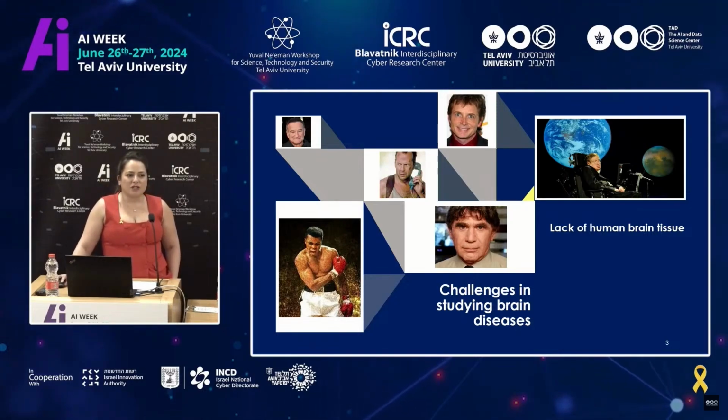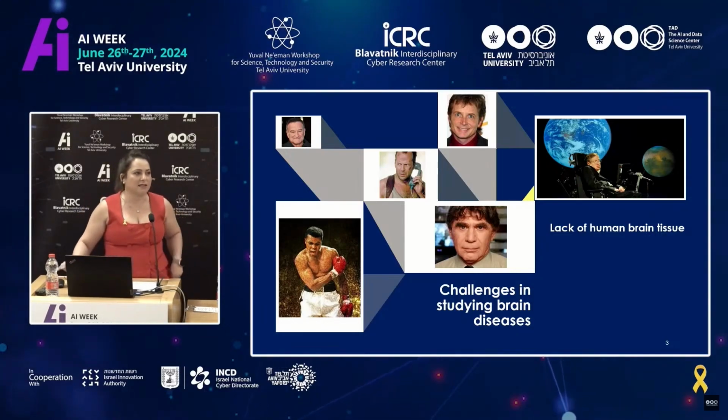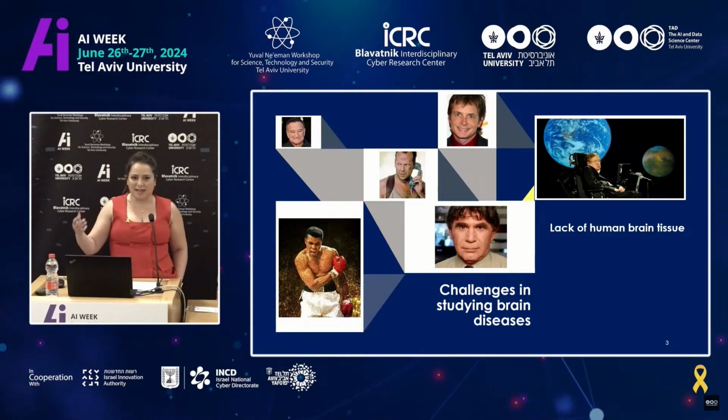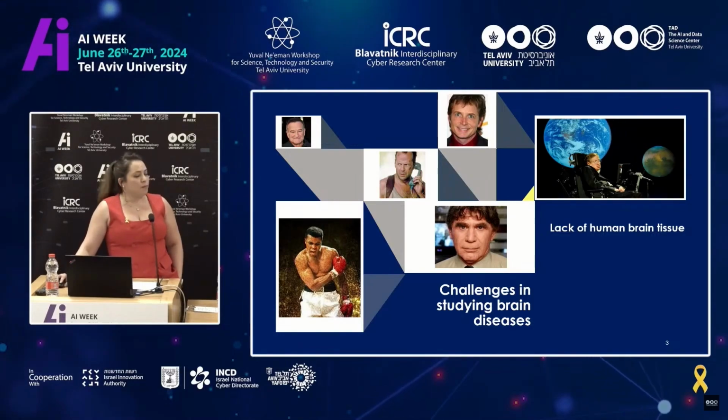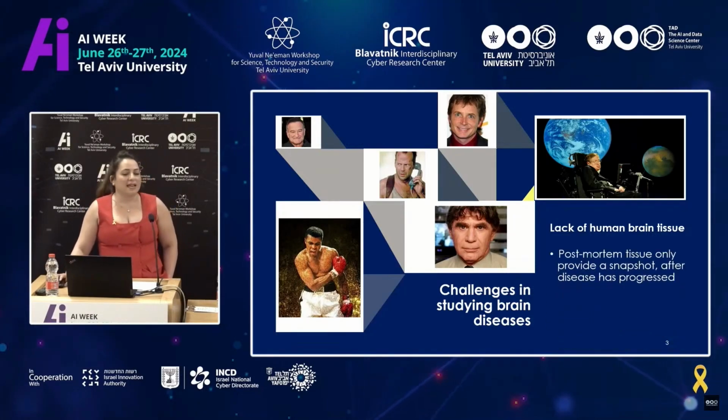And one of the challenges in studying brain diseases is the fact that as opposed to cancer, where you can do a biopsy of the liver or the pancreas and just get the cells that you want to study, in brain diseases, you cannot enter the living brain of a patient. And therefore, for decades, studies were made on post-mortem tissues, where, once the patient died,